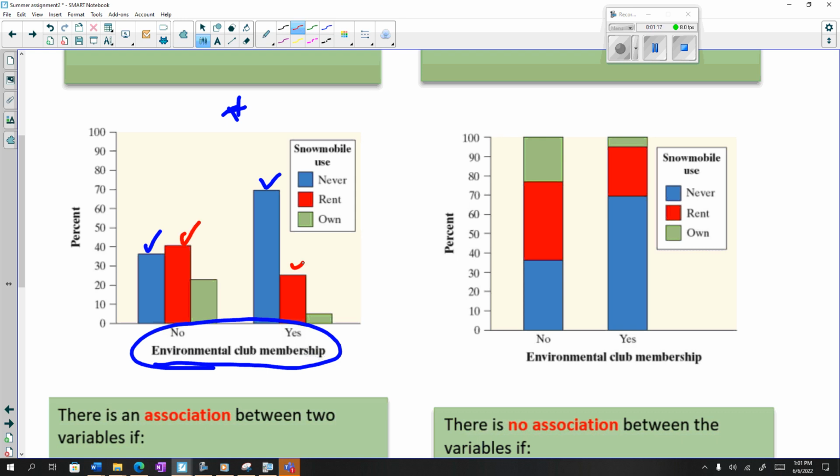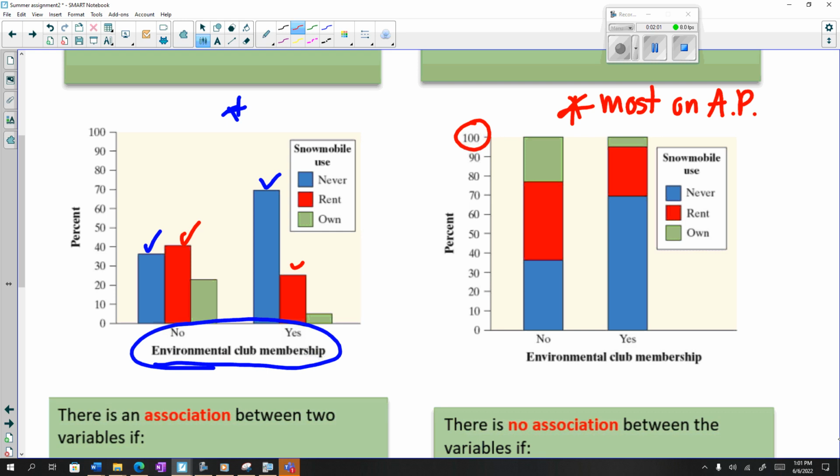I'm not really that much of a fan of that one as much as I am of this one on the right. That is called your segmented bar graph. So it's cool because you have two bars. They both go up to 100%. And then basically we find the percent breakdown of the variable of snowmobile use within the yeses and within the nos. And we create segments within each, accumulating up to 100%. And the reason why this is nice, this is most on the AP, by the way, over the other type, is you can directly compare across the segments and make a comparison about the proportion or percent, in this case,